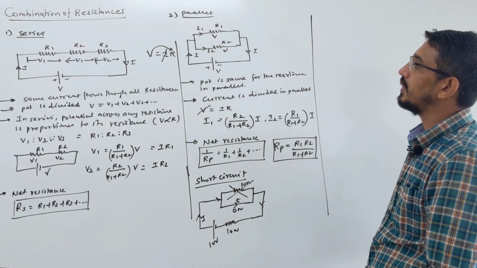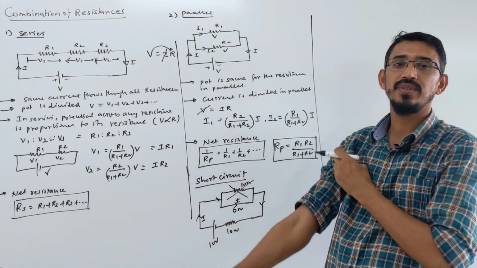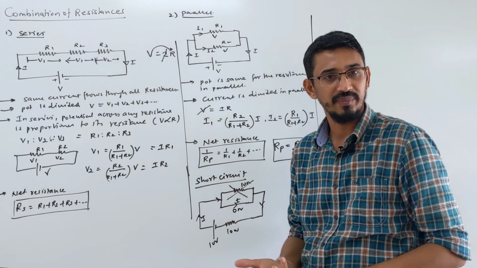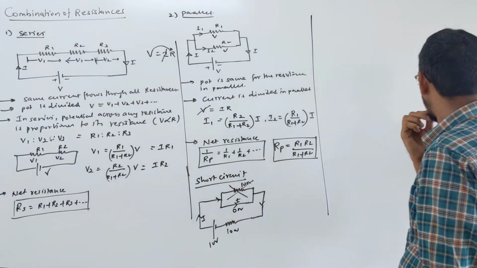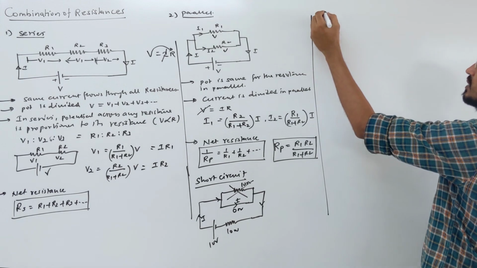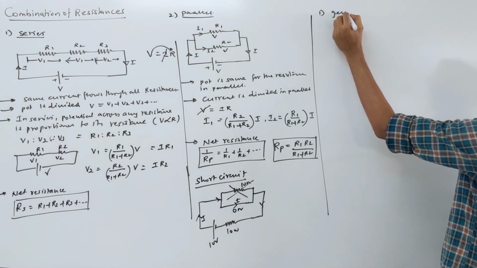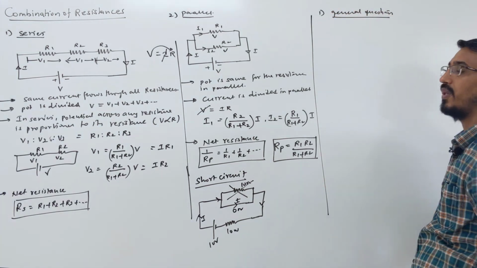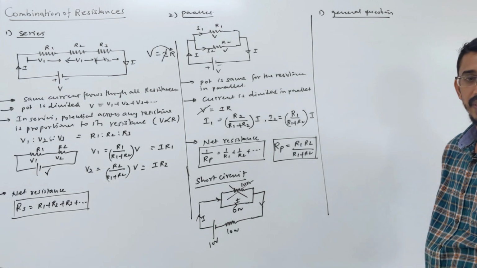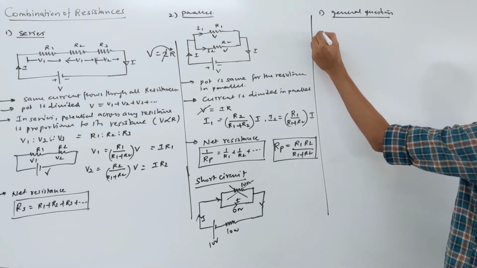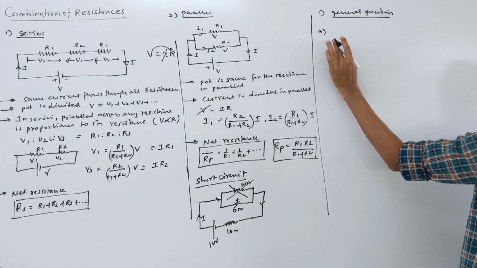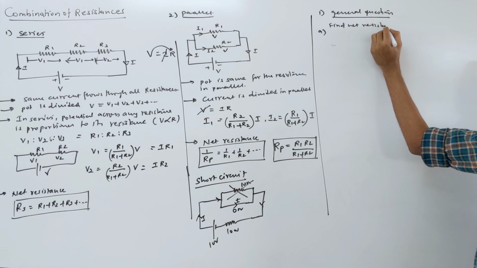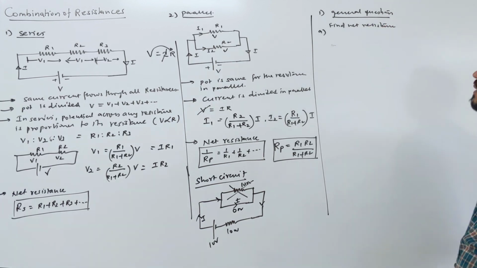So mainly what you have to do here is solve questions where we have a combination of resistances. Series and parallel combinations will be given and we have to simplify them. I'll discuss a few examples with you. Let's first discuss some general questions, then I'll talk about some special questions. Based on this, we simplify using series and parallel combinations. Let's see the first question. The question will say: find the net resistance of the given combination.